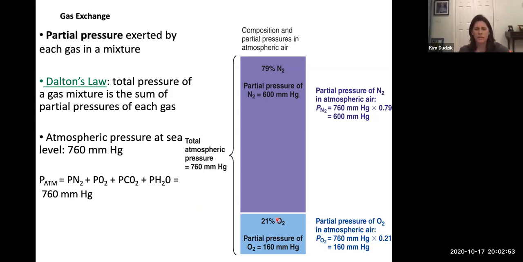Okay, so here's the idea. We talked about the total pressure during respiration, during ventilation, meaning getting atmospheric air from the atmosphere into our lungs. That was ventilation, where we looked at total atmospheric pressure compared to the total pressure in our lungs. But for gas exchange, we're just concerned about how oxygen diffuses across membranes, and how CO2 diffuses across membranes. And so now we're going to be concerned just about their partial pressures.